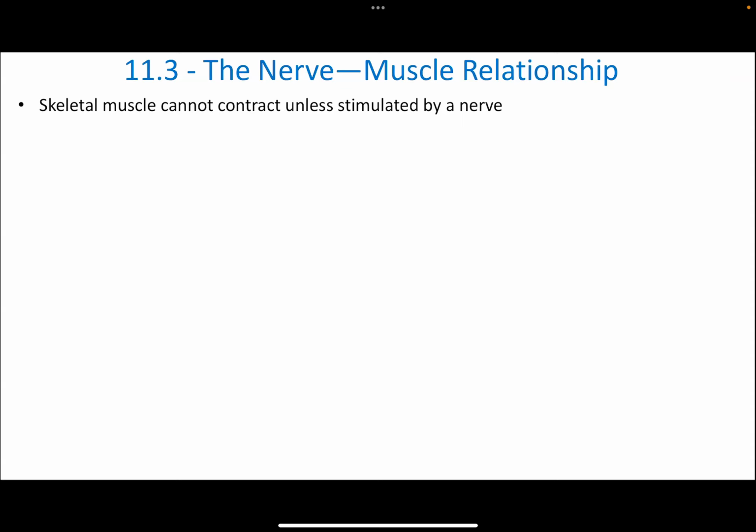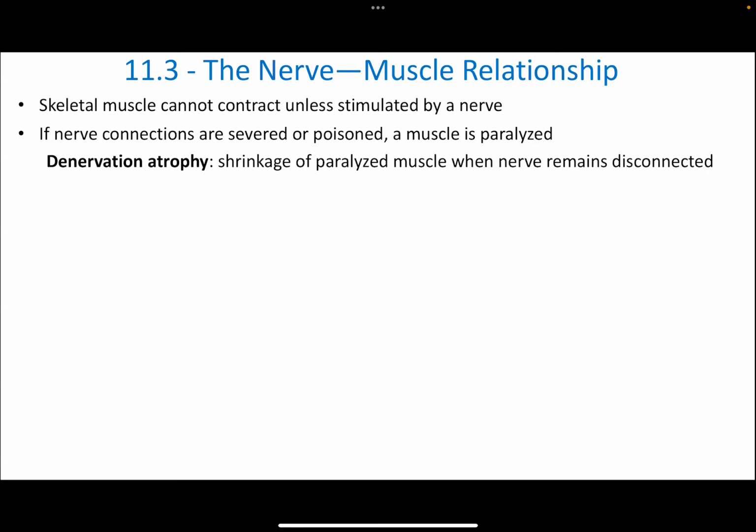The skeletal muscles cannot do this type of contraction unless it's stimulated by a nerve. We're going to review those steps of the nervous system being activated and then stimulating that release of calcium from the sarcoplasmic reticulum. And we know if you take away the nerve input through poisoning or just paralysis, then those